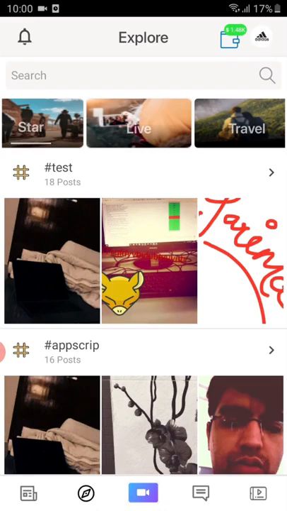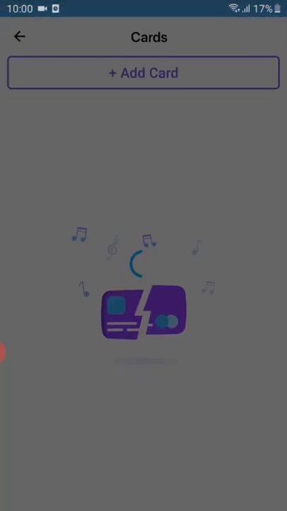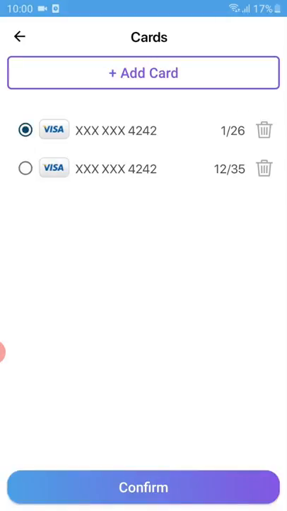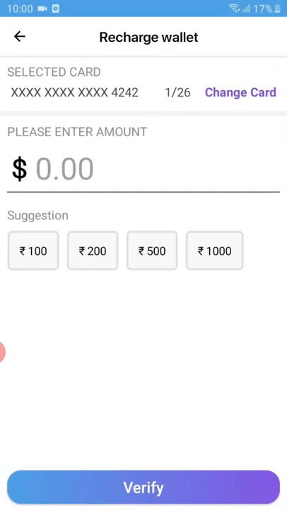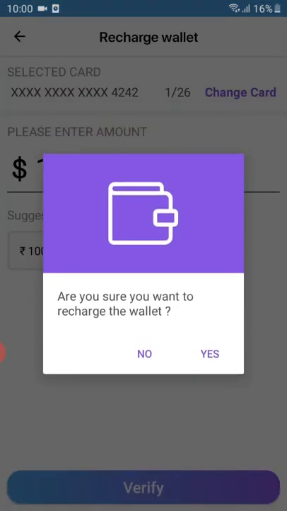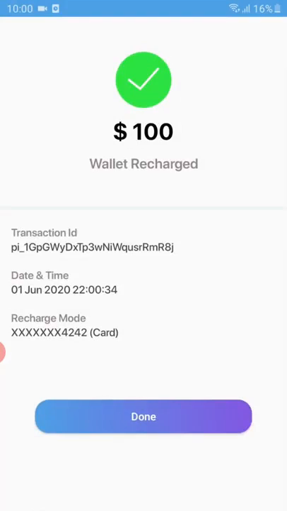Now we have a wallet feature that's again pretty cool. So I can click on the wallet. I've already done my KYC, know your client and all that stuff. So my wallet's already in here. I can always add more money to my wallet. On our current app, we've integrated Stripe as a payment gateway. I've added these default cards. I can select my card and I can confirm how much I want to recharge my account with. I verify that and it gives me a confirmation. So the system would then add $100 to my card.